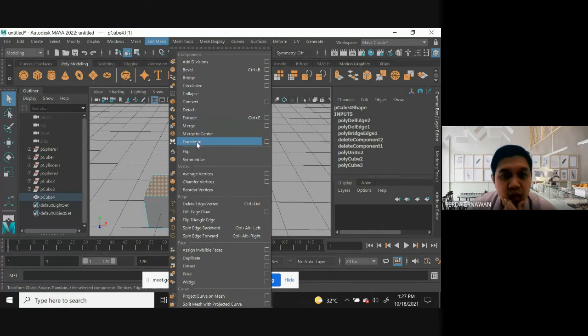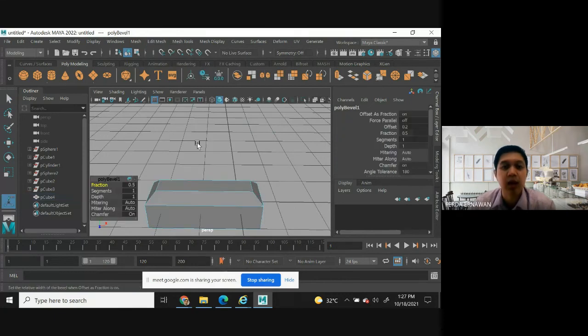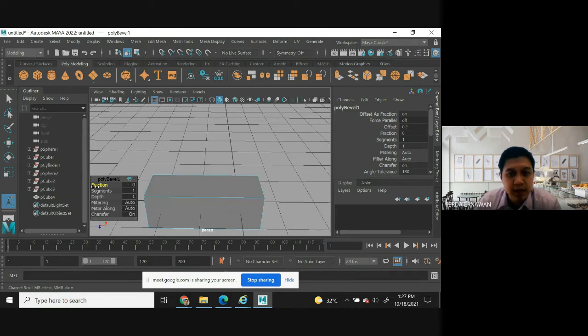You can choose Bevel here, Control B. You can see here the fraction, segment, depth, metering, meter along, and then chamfer. You can add the fraction. If you increase or decrease, you can see the output.